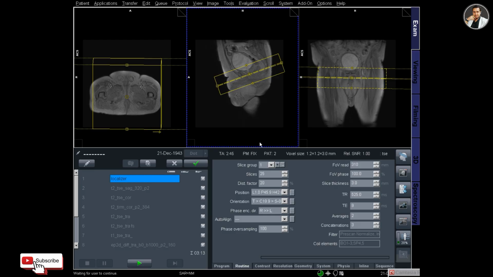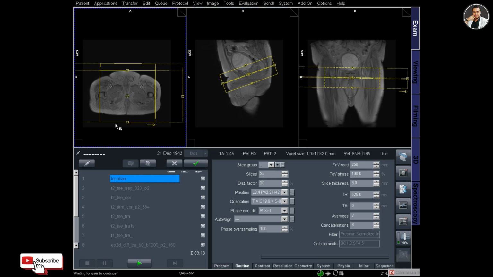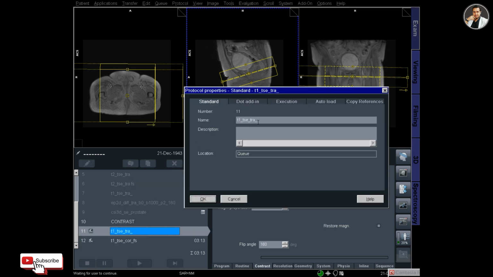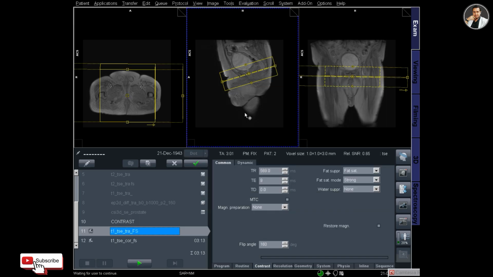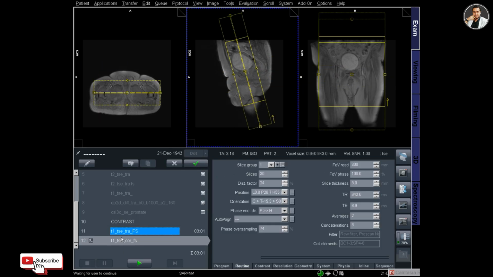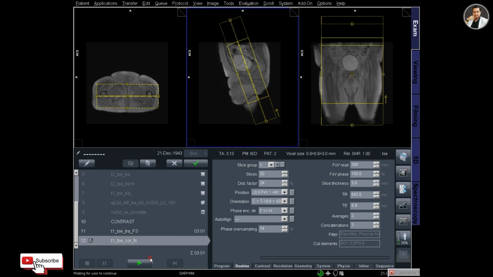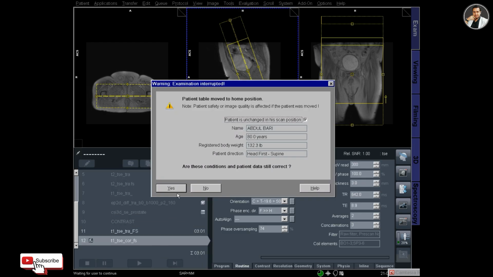So now I am planning for the post contrast T1 transverse fat set and planning on the sagittal image, and these are the localizers as the main prostate sequences, T2 sagittal or T2 coronal, didn't go to the exam card, so I have no choice but selecting the localizers. So T1 transverse fat set post contrast has been planned and applied. So I have to press the continue button, play button, to start the scan.